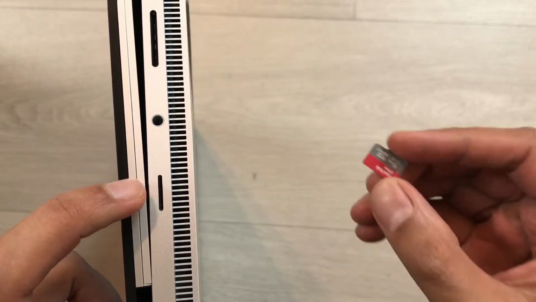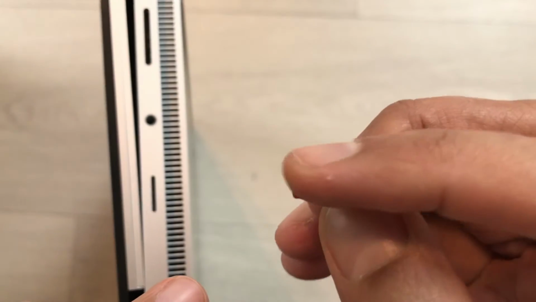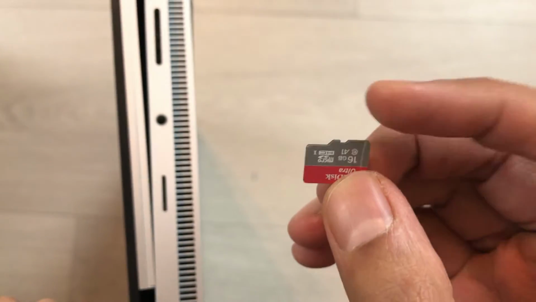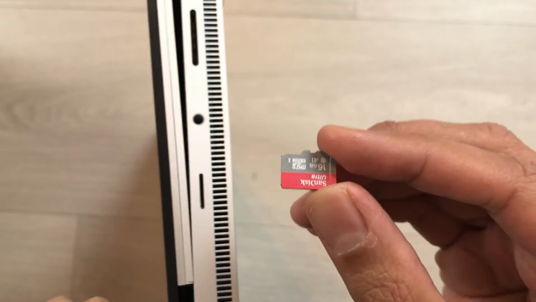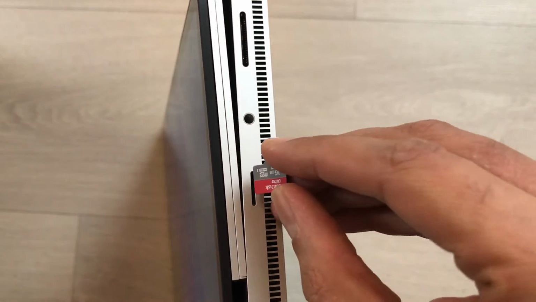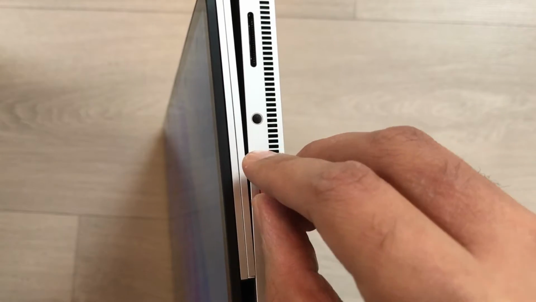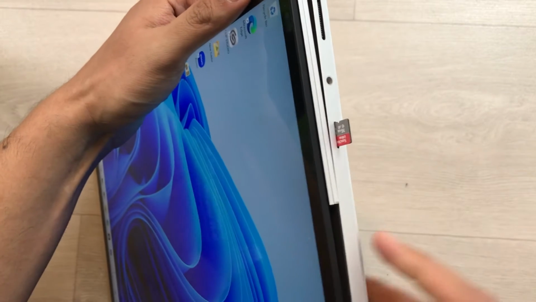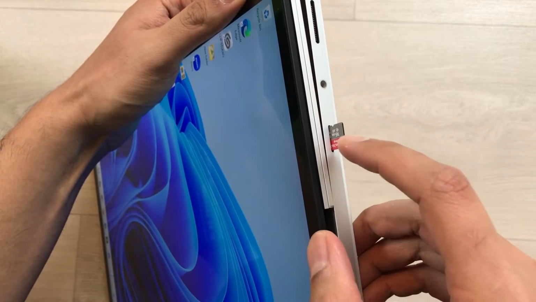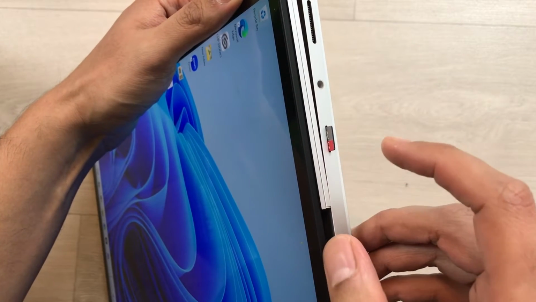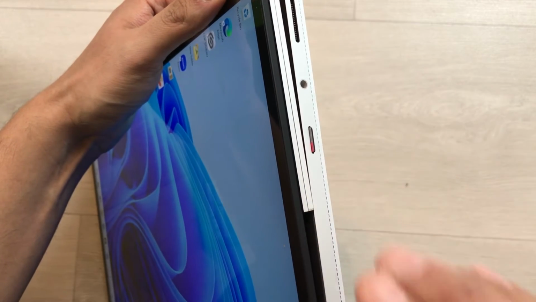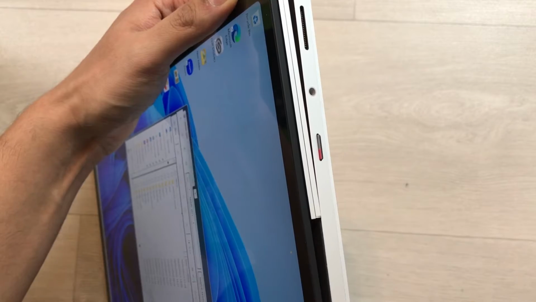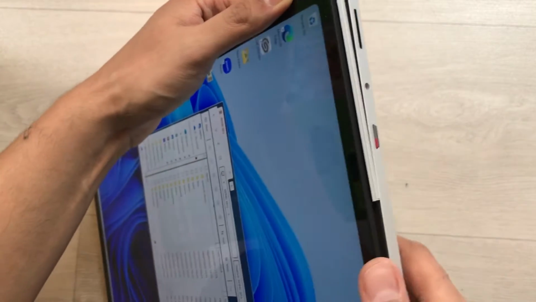First of all, you see this cutting side of the SD card, you have to keep it in the opposite direction. So you have to keep it like this, and then insert it inside this SD card slot. I will just insert it like this. Now you have to just push it inside. I will push it like this, and then one more time you have to push it. Once you push it like this, the micro SD card is now inserted in your device,